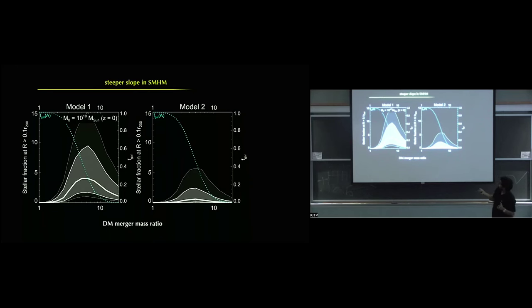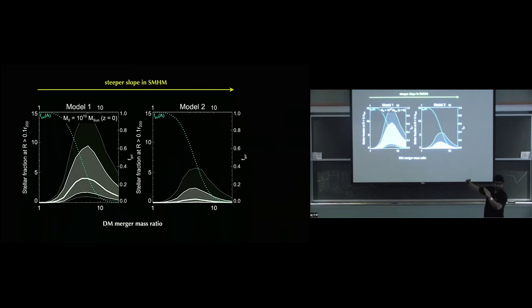And going from left to right, we go from a shallower to a steeper slope in the stellar to halo mass relation. And essentially, you find that there is clearly a difference here. One of the most interesting things is that the merger ratios, or the objects that are actually bringing in these stellar materials, what they are really matters in terms of whether or not we have substantial amounts of luminous material in the outskirts. And in particular, if you have mostly major mergers or mostly minor mergers, you have very